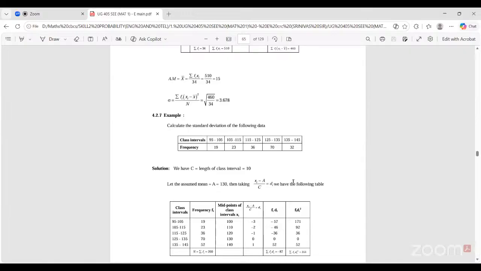So another one, calculate the standard deviation of the following data we are taking here. 95 to 105, 105 to 115, 115 to 125, 125 to 135, 135 to 145, 19, 23, 36, 70, 32. So the class interval is 95 to 105 and all the class interval is 10. So highest 135. Let us assume the mean here 130, xi minus